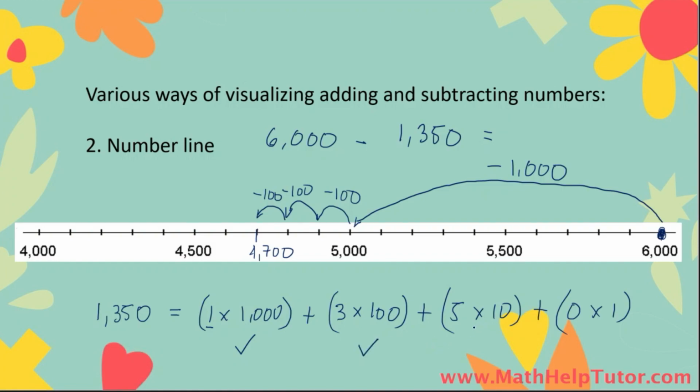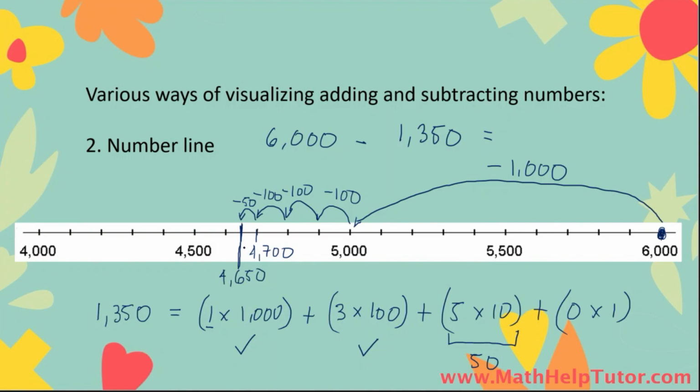Let's now go to the 5 tens. So it's going to be hard to show the skip counting here because the increments are really small. In reality, it's going to look like this. 1, 2, 3, 4, 5. So we're not going to do that. Instead, we're just going to do this. It's minus 50 because 5 tens is 50. So we subtract 50 from 4,700, and we get